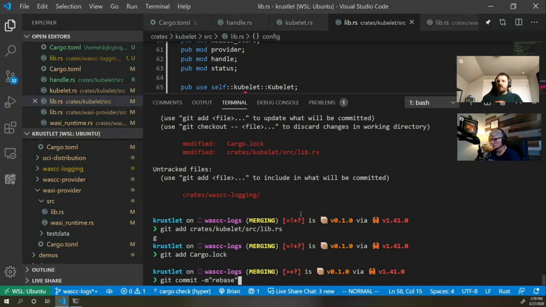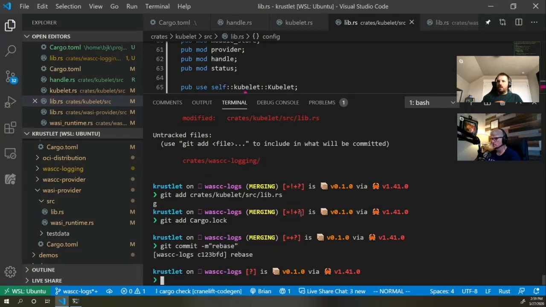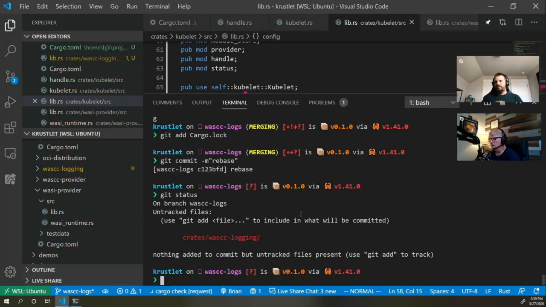I think it's just git rebase continue, right? Or were you merging in? I merged upstream. Oh, you merged. Okay. I missed that part. Okay, and I left the logging crate out for now because it'll be a separate commit. Yep. Okay, so now we can add